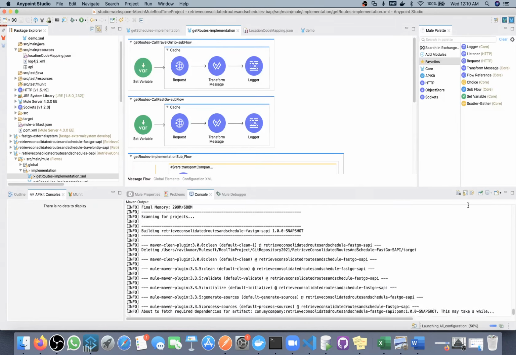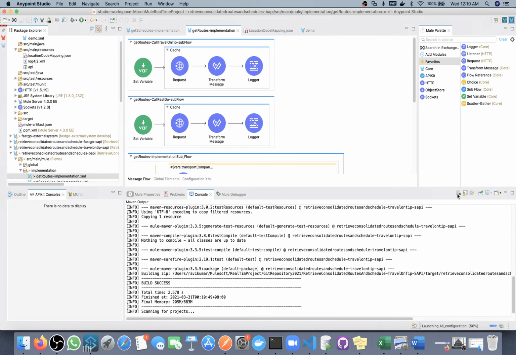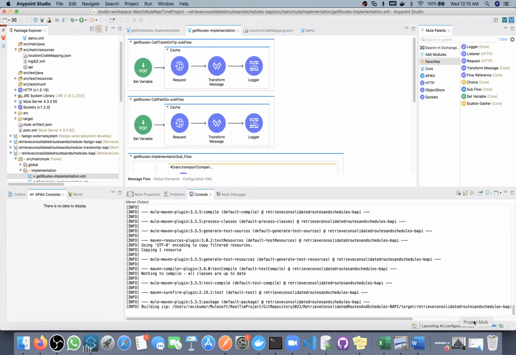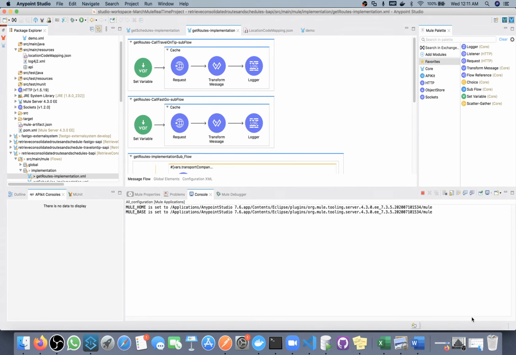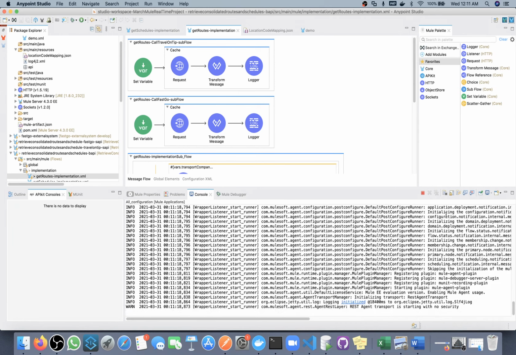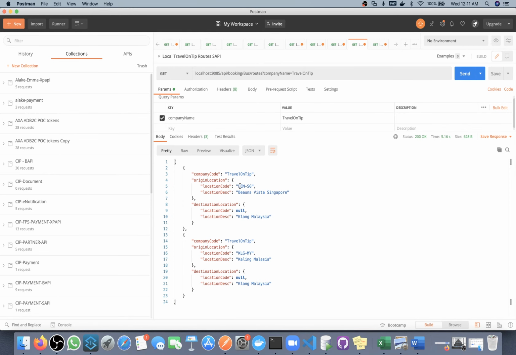Let me run this. Okay, so meanwhile we observed, see, we already set the corrected value.